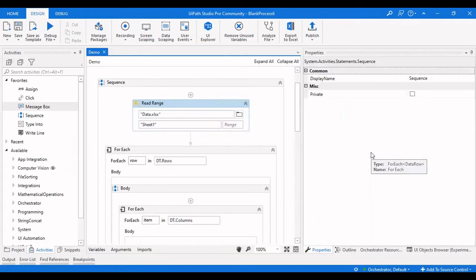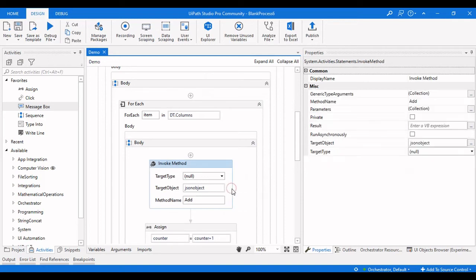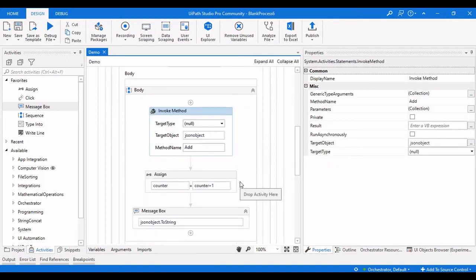Then you need to get back to the 0th column, so it needs to start again. So how can we do that?